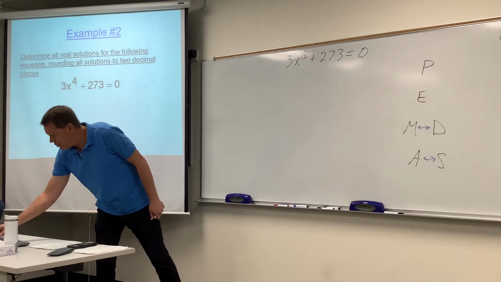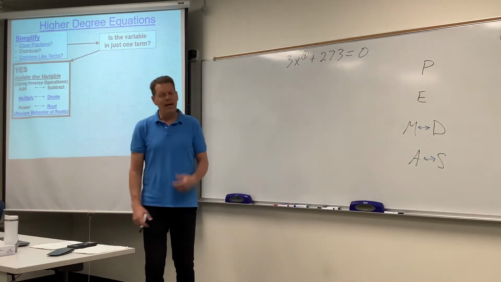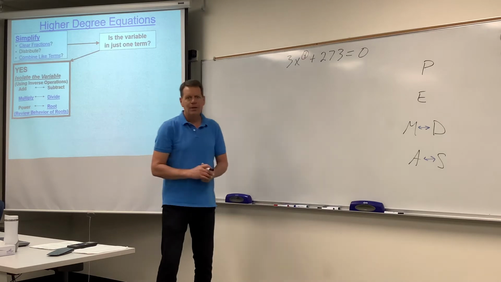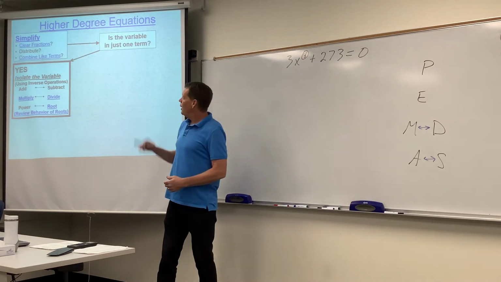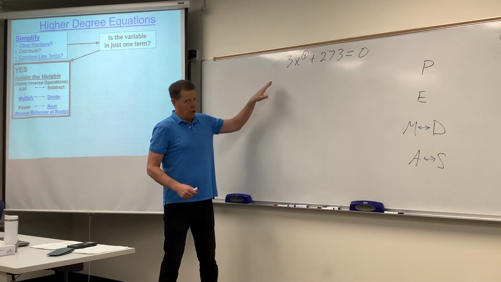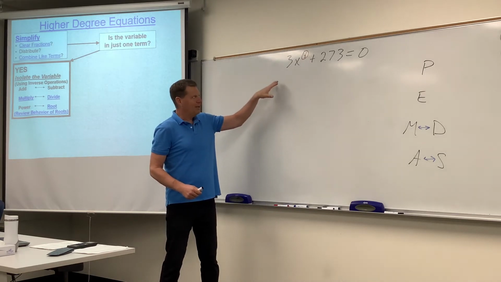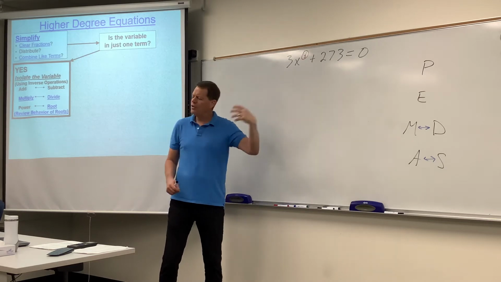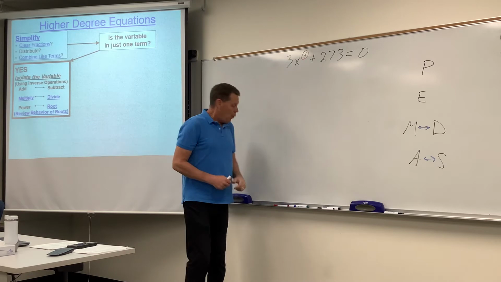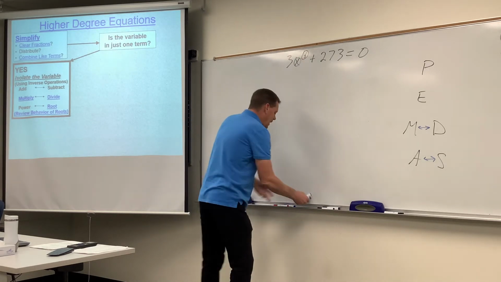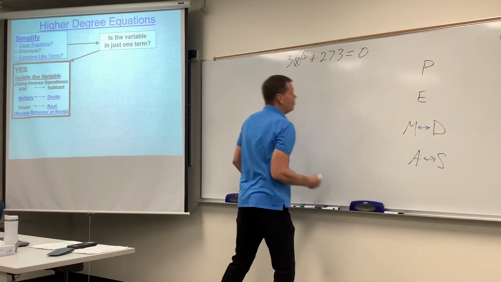So again, back to the notes that we established in example 1, and I would encourage you to watch these in sequence. That's how they've been laid out. But anyway, if you go through the preliminary simplification of clearing fractions, distributing, and combining like terms, you'll notice that none of that occurs, but always check for those simplification issues. Once again, the variable is in one term here, so we can indeed use the inverse operation approach to isolate